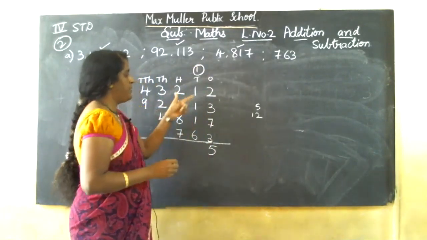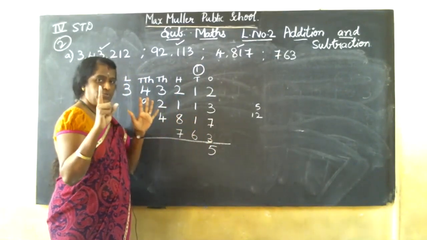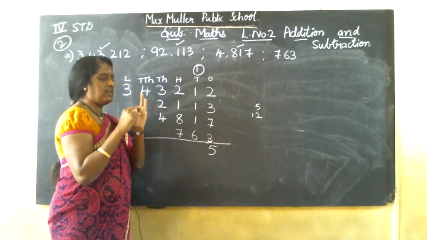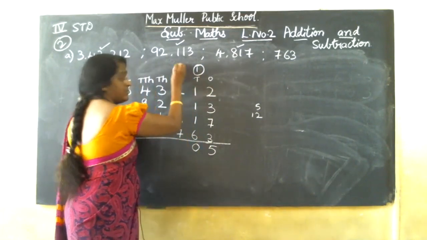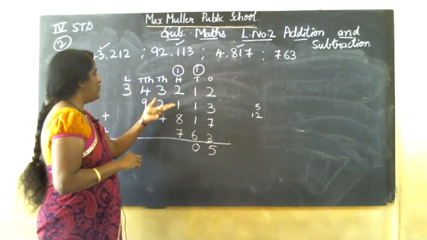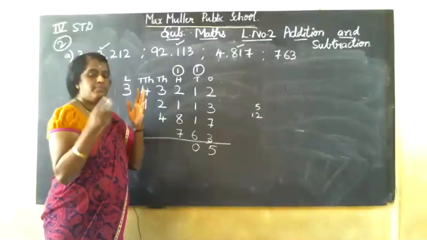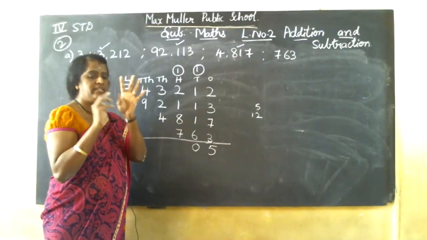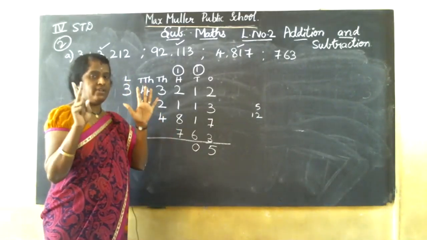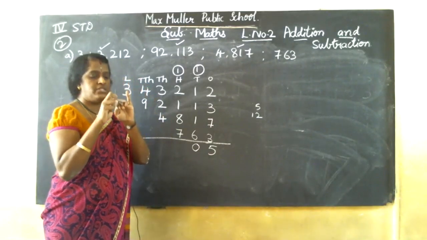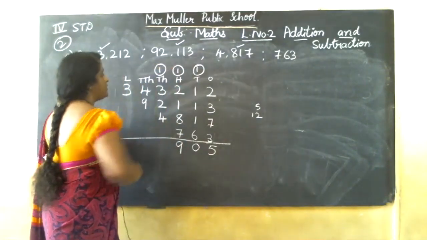Next number, 1 plus 1, 2, 2 plus 1, 3, 3 plus 6. 3 in the mind, 6 on my finger. After 3: 4, 5, 6, 7, 8, 9. 9 plus 1, 10. Okay, got it? 2 in the mind, 1 on my finger. 2 after 3. 3 plus 8: 3 in the mind, after 4, 5, 6, 7, 8, 9, 10, 11. 11 plus 7: 12, 13, 14, 15, 16, 17, 18. Plus 1, 19. 1 carry will be in the thousands place.